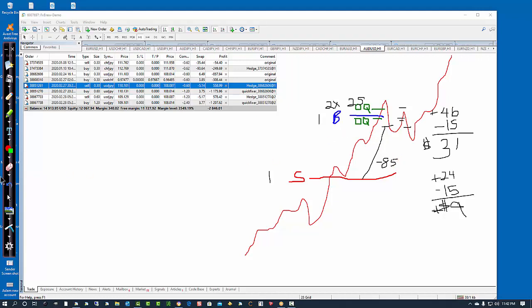See, because eventually what's going to happen, let's go back to our red line, is that the price is going to stop moving up, and maybe this is the time when the price does come back down, and then this trade closes profitably somewhere down here. See, because the price isn't going to go up forever. It might go up